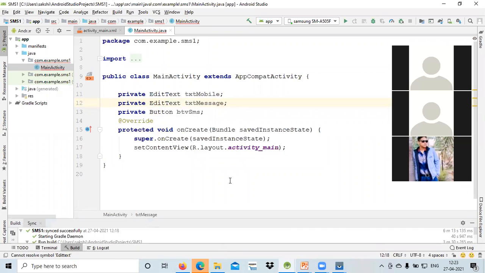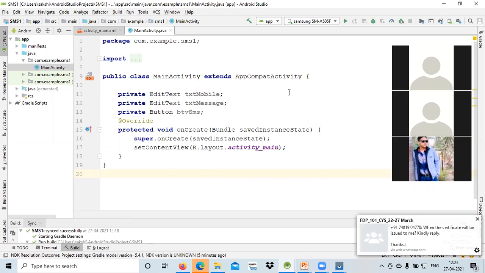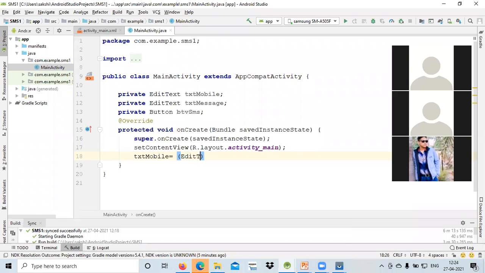Fine. Now what I will do, in this particular file, I just access those XML components in my Java file. For that purpose, you know that we will be using find view by ID. So I will write text mobile equal to edit text.